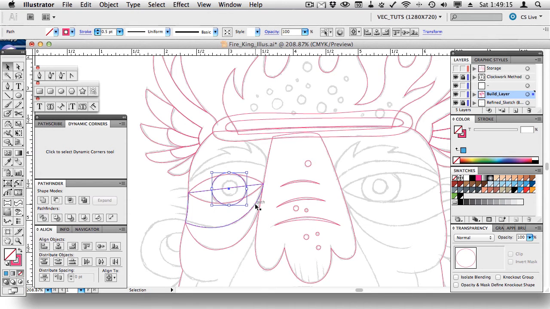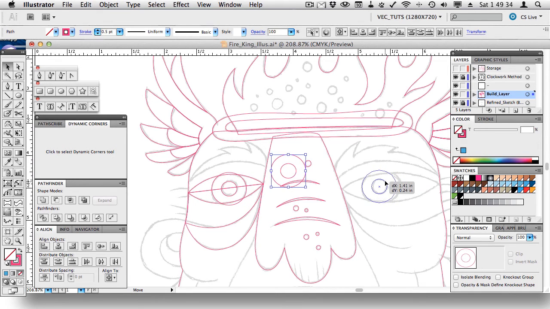To create the inner part of the eye, I'll clone this and then shrink it down to get the inside. So in this case, we do want the shapes to be a precise circle shape. Now I'm going to copy these and bring them over here just to build the rest of the eye later. But on the ear,